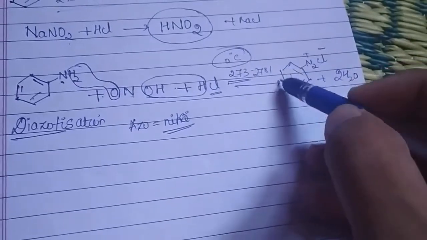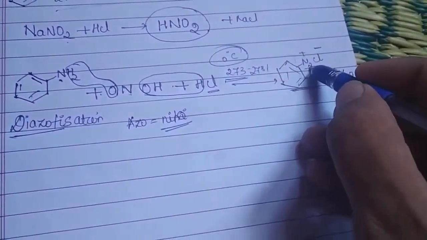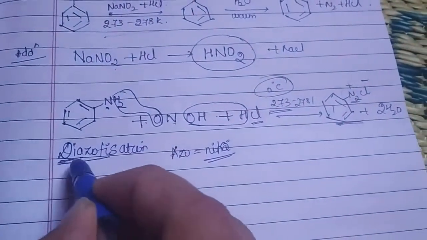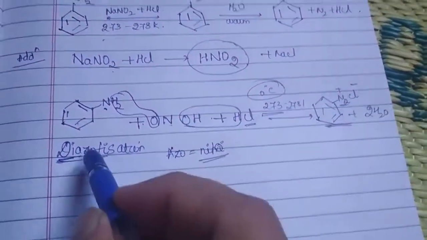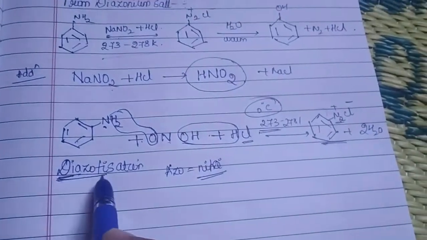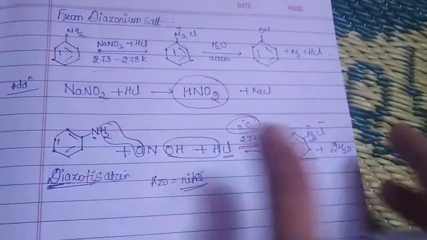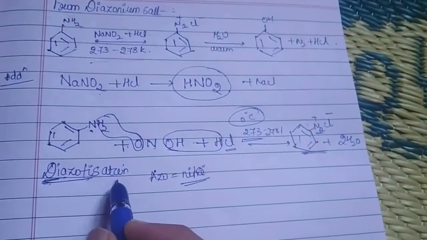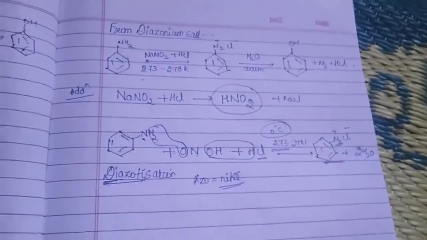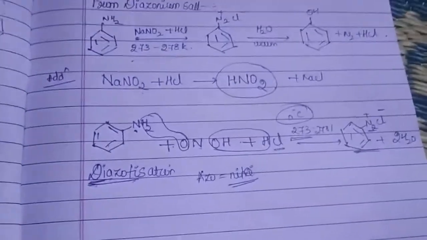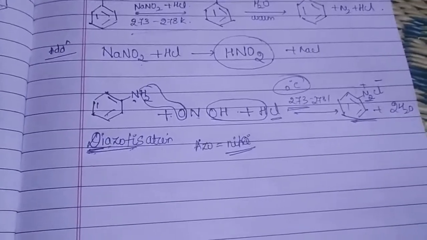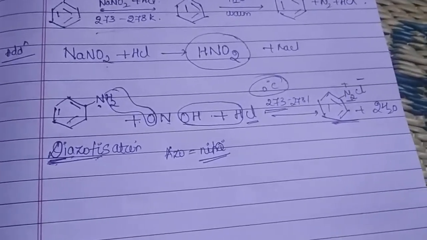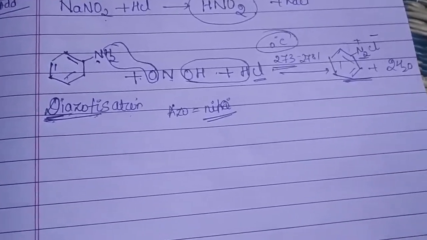But since in our benzene diazonium chloride we are having how many nitrogen groups? 2 groups, right. So we are using the word as what? Di. Since the 2 groups are nitrogen, it is azo. So therefore, diazo. The process whatever we are carrying out in order to obtain this is called as what? Diazotization. Okay. Then how can you define this diazotization? Remember, very much important. Once again, we are going to see this reaction in our chapter of amines. There I will not be saying. Okay, you should keep this one in your mind.